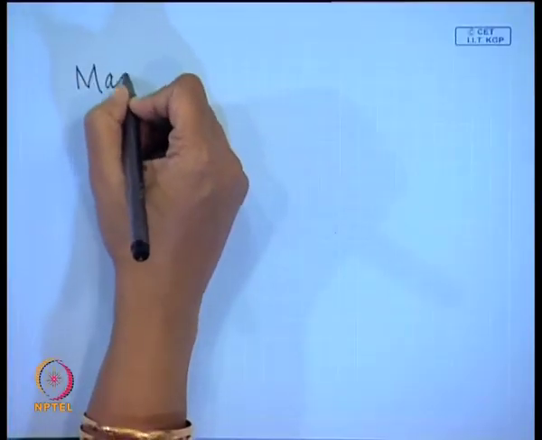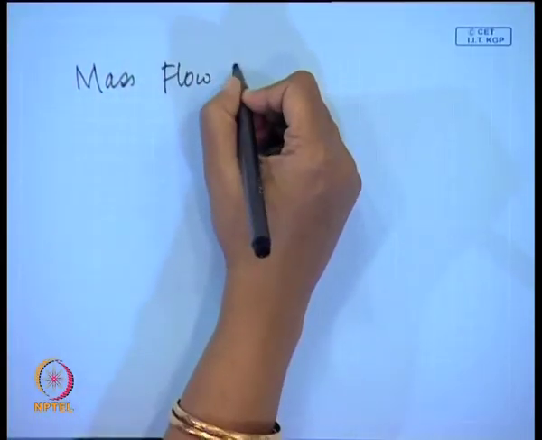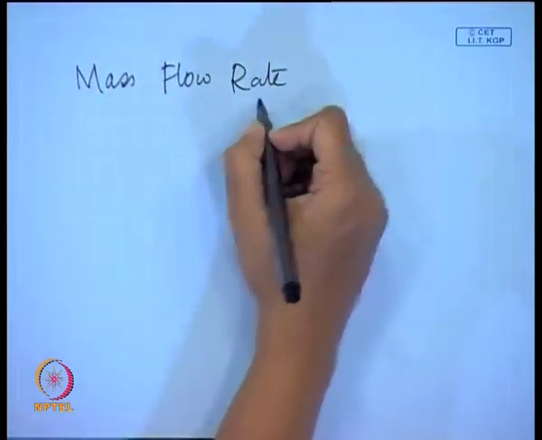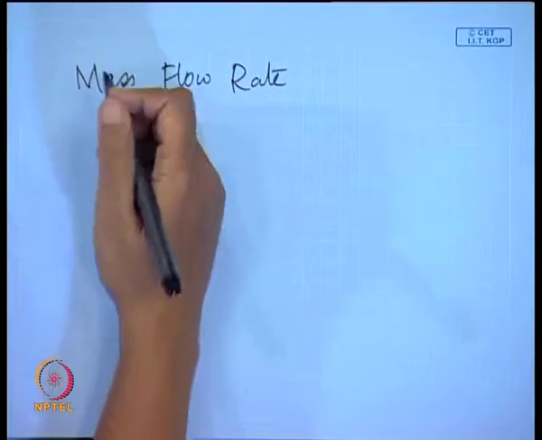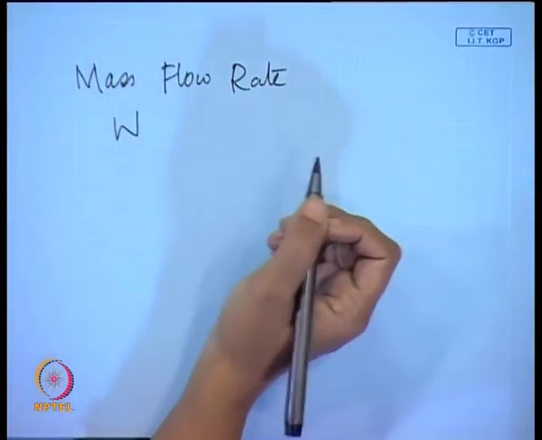Now, if we take up say single phase flow, what do we find? For single phase flow, what is the single most important parameter which you measure whenever you have to quantify single phase flow? Volume flow rate or the mass flow rate, that is the most important parameter. So, normally for mass flow rates till now you have used m dot and things like that. For this particular class, I would like to use W for the mass flow rate. So, for single phase cases, this is going to be W.